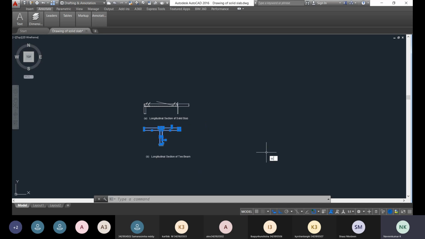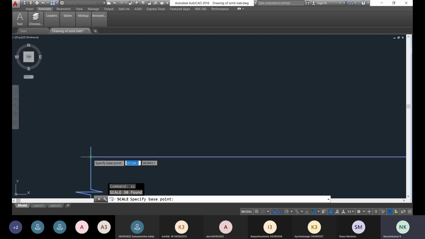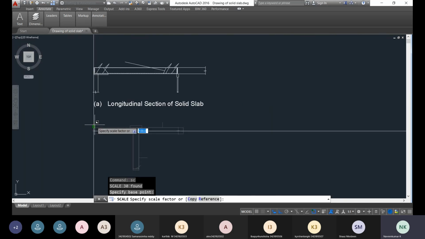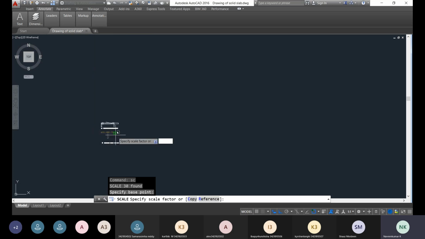SC, enter. Now you have to specify the base point. You can specify any base point. After that you specify the scale factor. Up to which factor are you going to increase? The factor is 2.